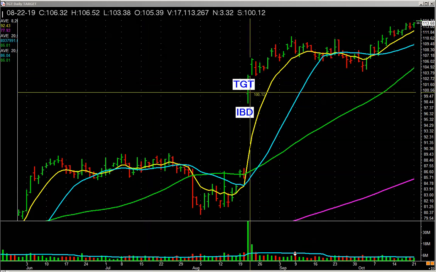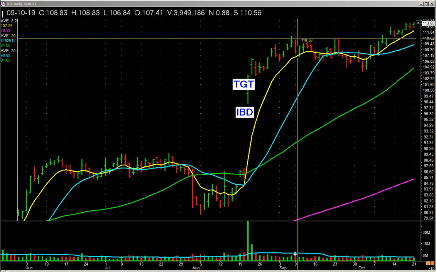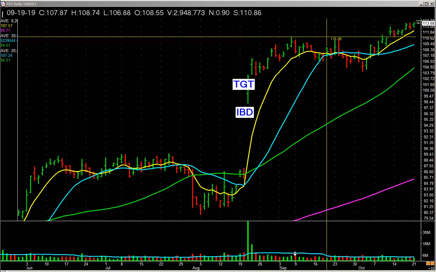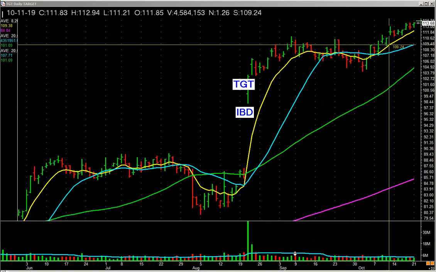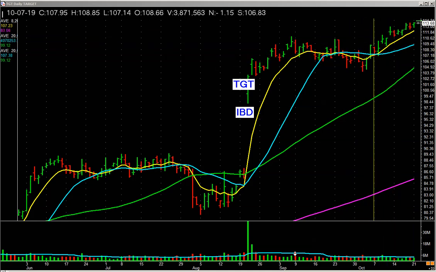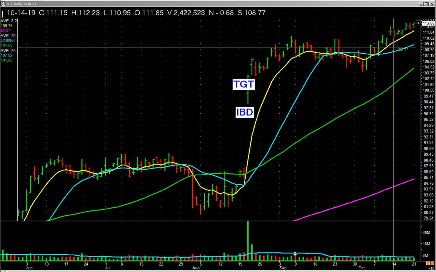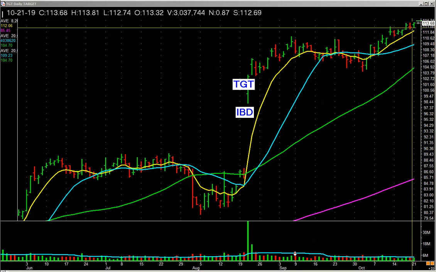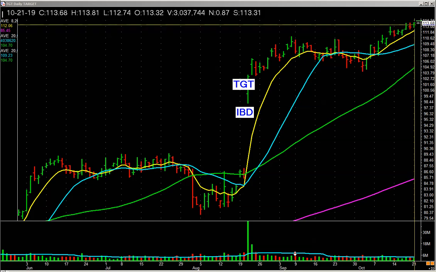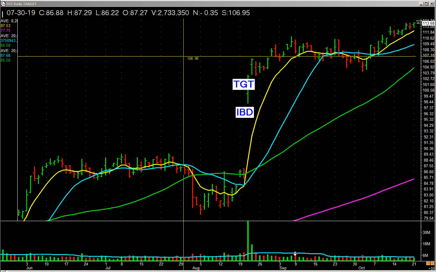Target gaps up on earnings and goes up and everything's great. Meanders around, comes down here to the moving averages, and it starts to bounce up. Who's buying here? Well, we don't know, but it's going up in price. What does that mean? There's more buyers than sellers. So the stock moves up a little bit, all right, and then it